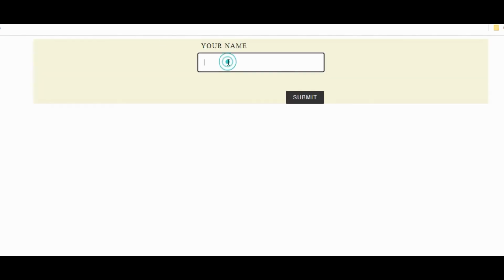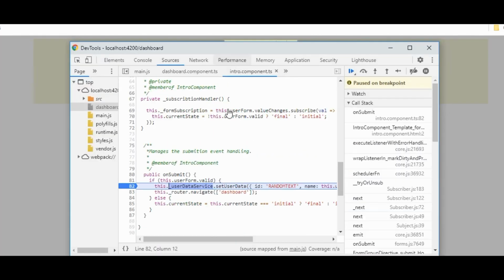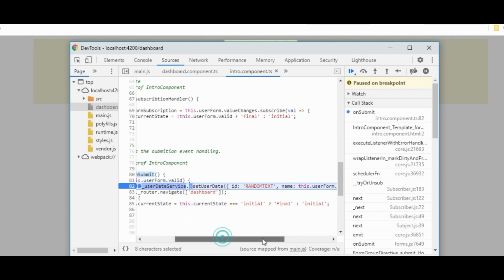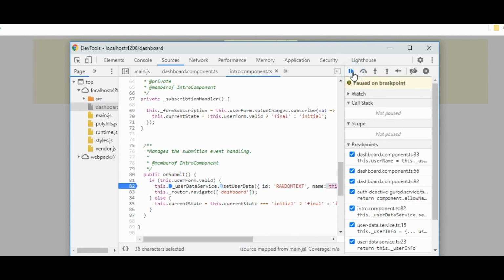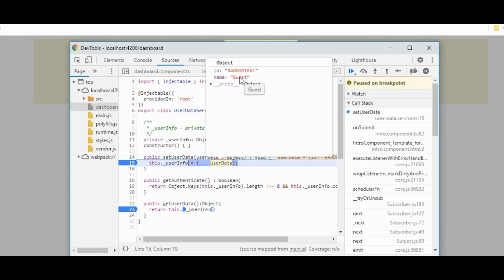So when I type guest and press enter, I get to onSubmit, and here the name will be guest, which is inside this form, and it will get set in here.